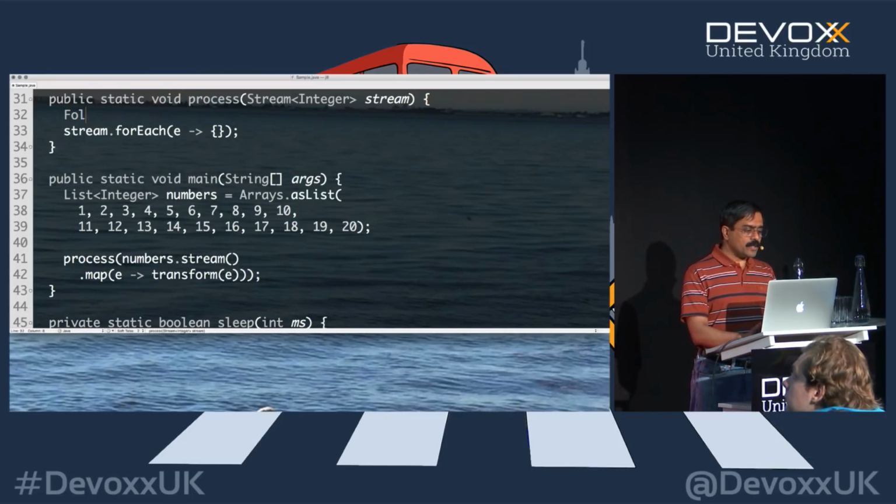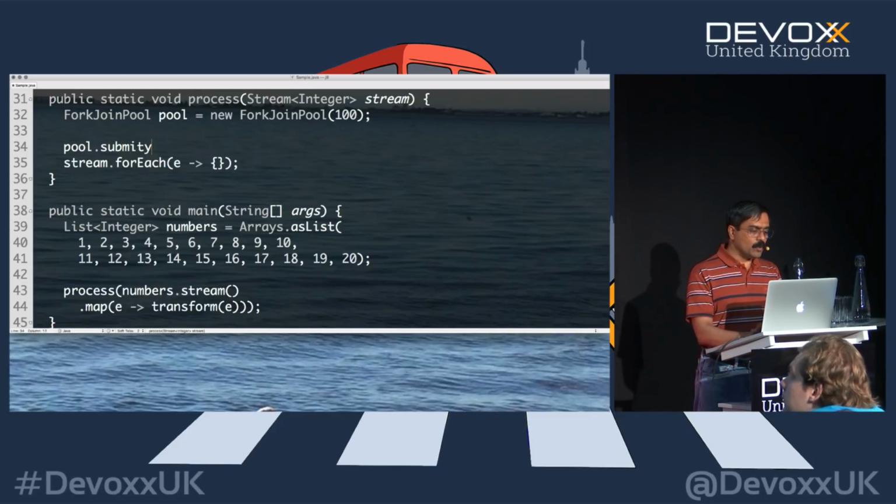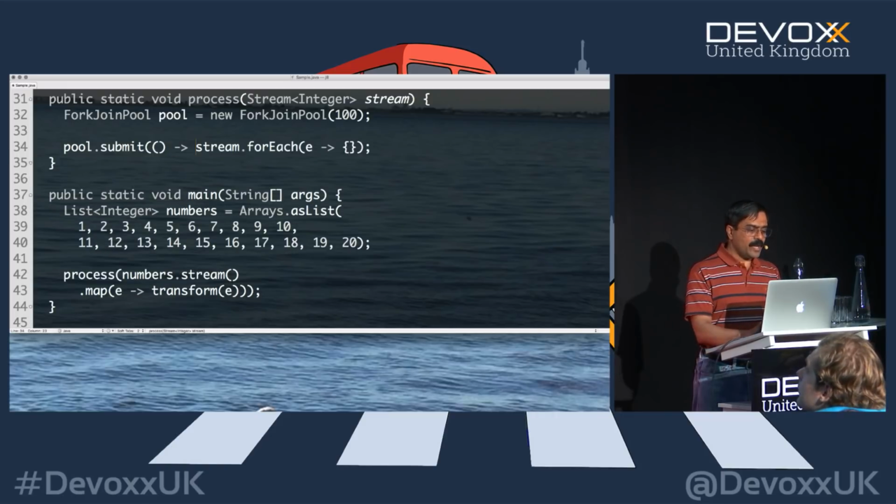However, notice what I'll do here. I'll say ForkJoinPool, and I'll say pool is equal to new ForkJoinPool of, let's say, 100. And then I will say pool dot submit over here. And I'm going to submit to the pool, and in this case, I'm going to provide a little lambda. And within the lambda, I'm going to execute that.